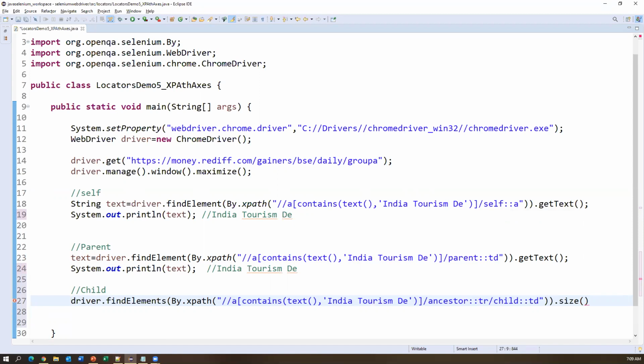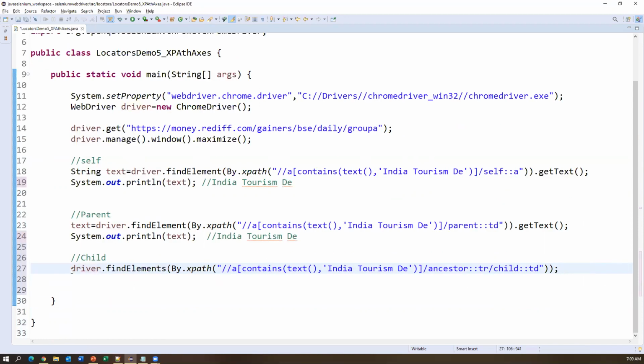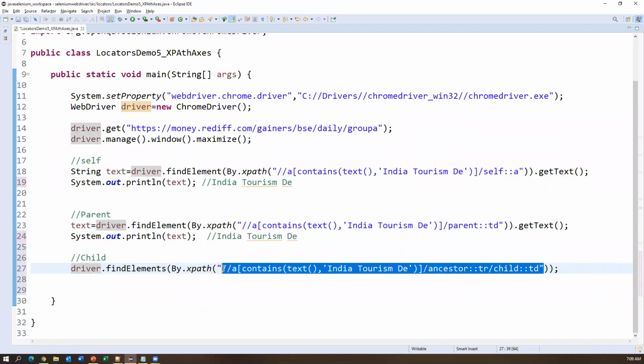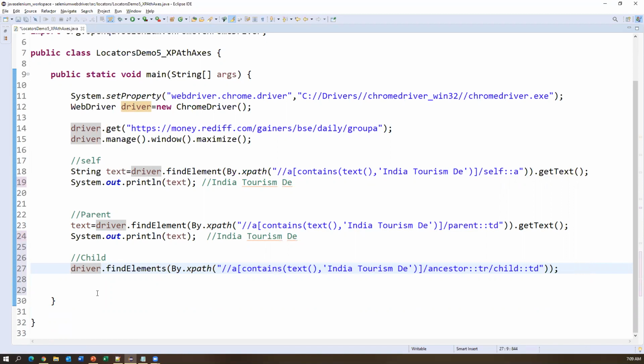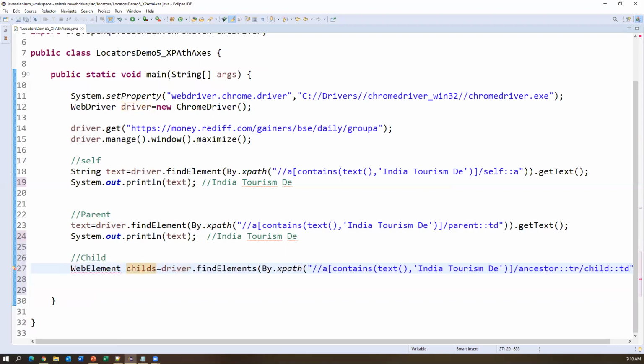Instead of using child, I can just store all the elements in a variable. This XPath is returning multiple elements, so if I want to store those elements, I'll say childElements. What kind of variable should it be? If you want to store a single web element, we can specify the variable as a WebElement.